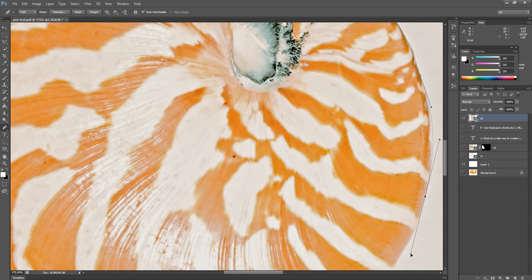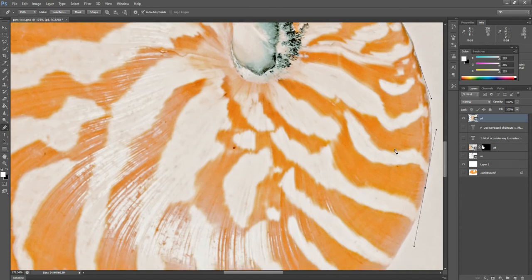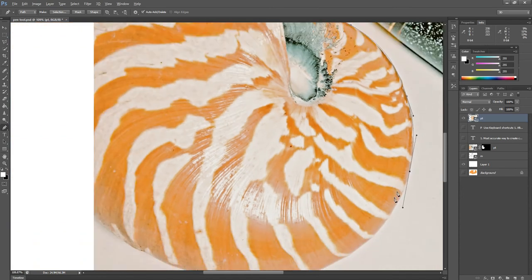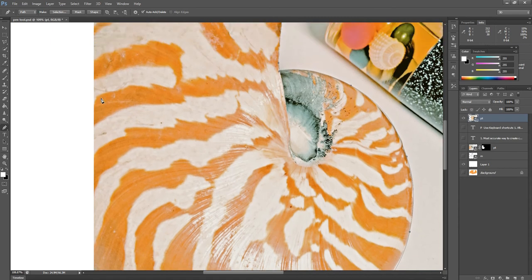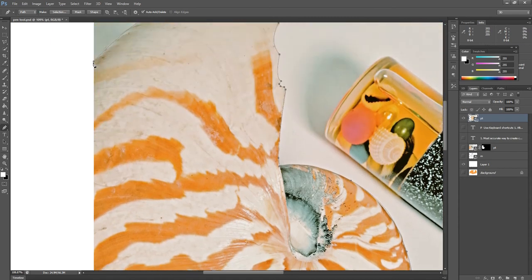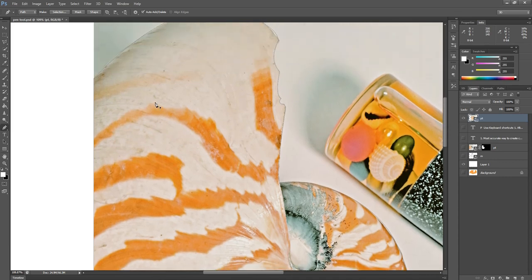Again, a little bit, alt. So this way we can make the selections.